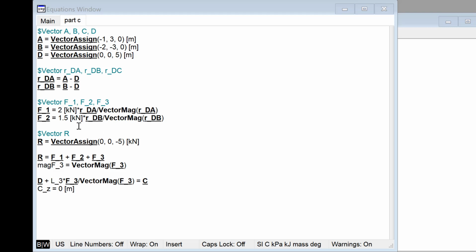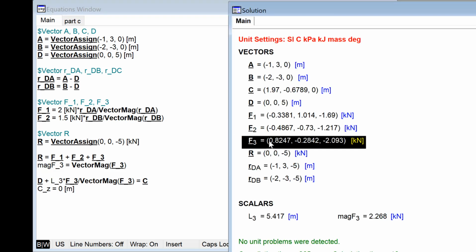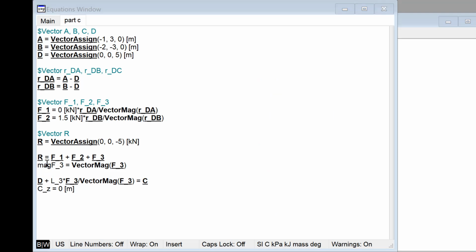The first one is pretty obvious, and that is that if cable 1 snaps, then the force associated with cable 1 is 0. So let's go ahead and change the magnitude of this force from 2 kilonewtons to 0. And then the second thing I need to do is specify that F3 is exactly what it was calculated to be in part A. So if I go back to the main tab, I can see this is the vector F3. So we will just use this same vector